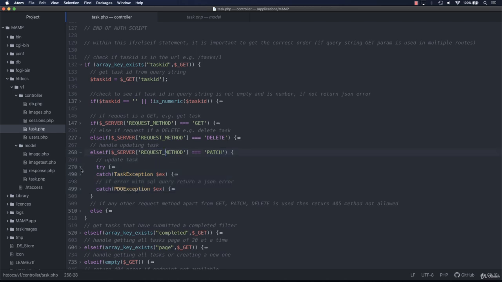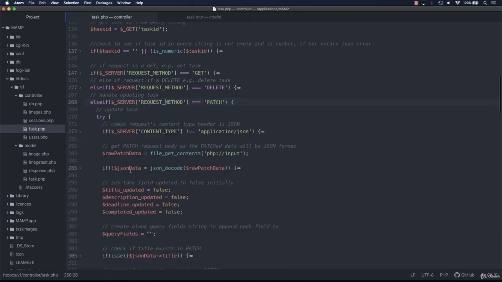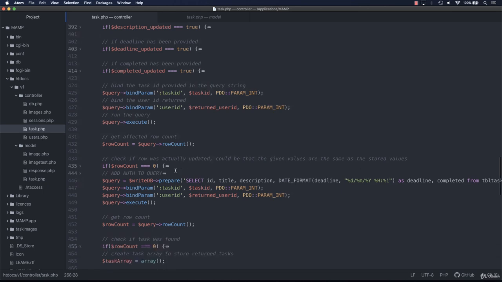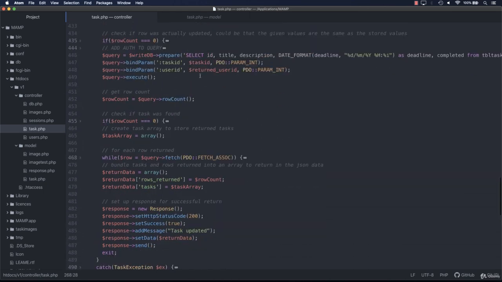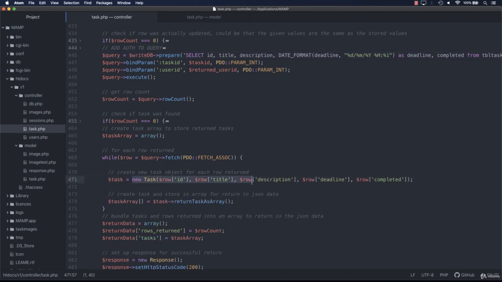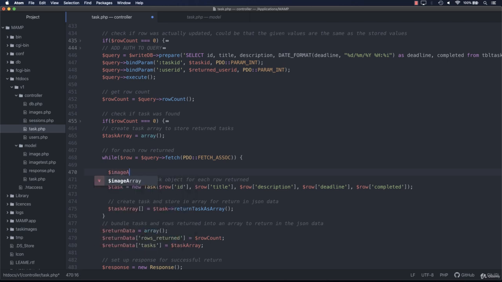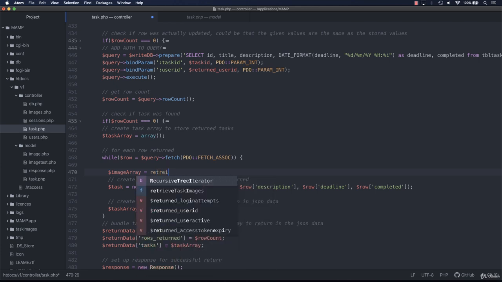So I'm just going to expand patch, expand the try and catch here, and then if we scroll down to where we actually get the task back, which is here, within the while loop, just before you create the new task, we need to call that function. So we'll call this image array because we need to store the return of the function in an images array. So we'll call this function called, retrieve, what do we call it? Retrieve